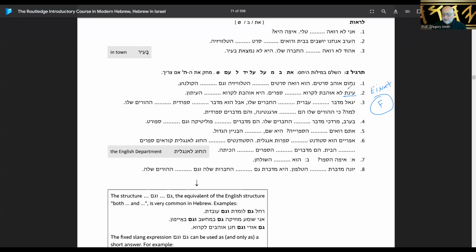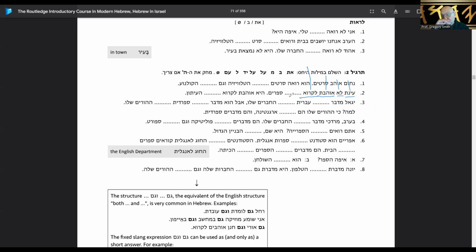And let me double check. Einat lo ohevet, and not. There we go. Einat lo ohevet. Yeah, this is definitely a female name. So Einat does not like